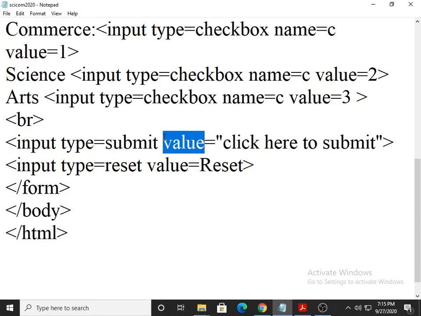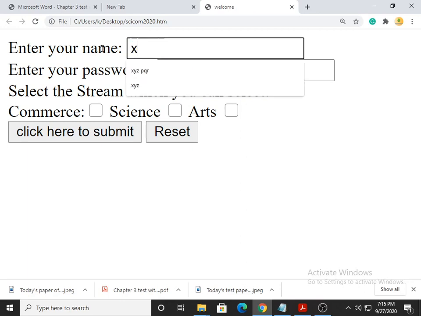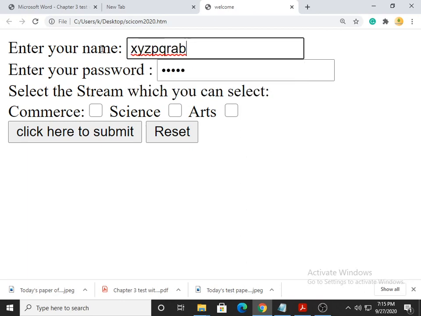Now we'll go for the output. Look at the output. Here reset is there. Now I write some value, then I enter the password also, then I go for this.